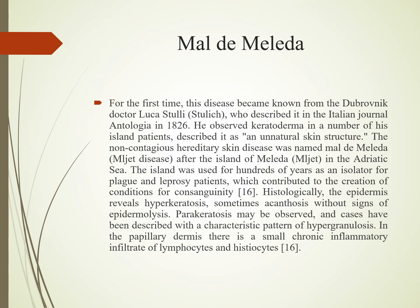For the first time, this disease became known from Dubrovnik, through Dr. Luca Stulic, who described it in the Italian journal in 1826. He observed keratoderma in a number of his island patients and described it as unnatural skin structure. The non-contagious hereditary skin disease was named mal de Meleda, after the island of Meleda in the Adriatic Sea. The island was used for hundreds of years as an isolation place for plague and leprosy patients, which contributed to the creation